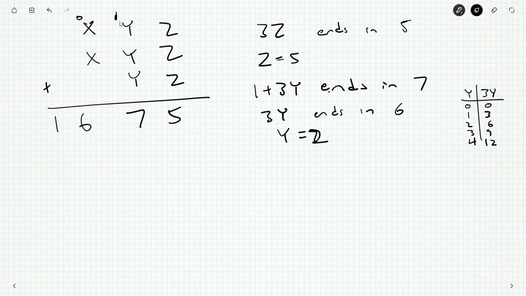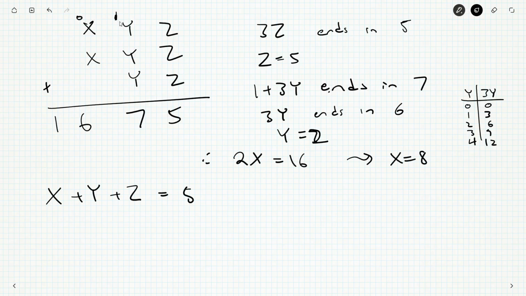Okay, y equals 2, and then we'll have 3y plus 1 is 7. Nothing carries over. And that tells me that 2x is equal to 16. X is going to be 8. So we actually could figure out x, y, and z separately. X plus y plus z is going to be equal to